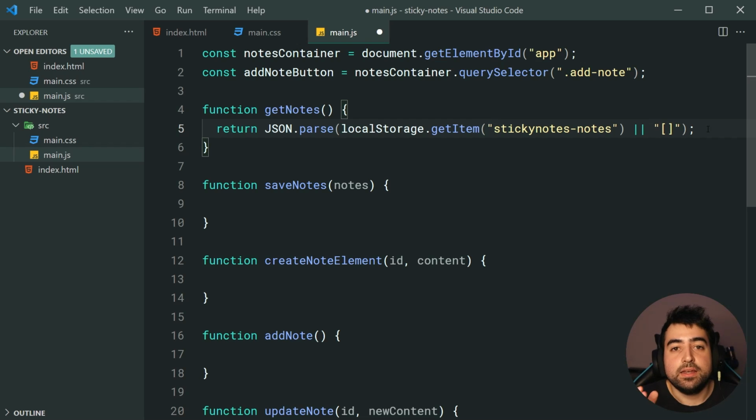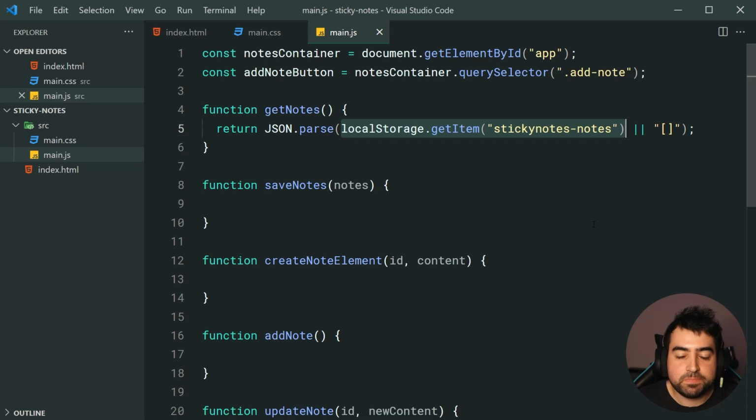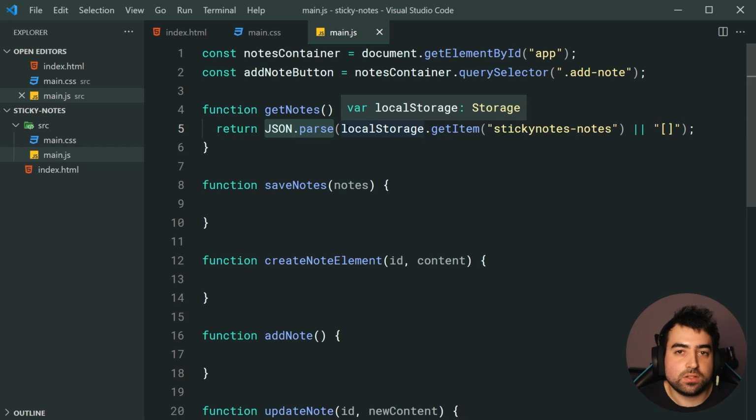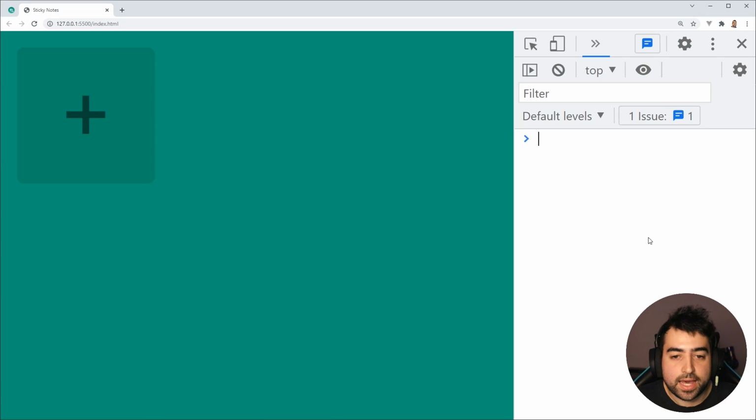So basically, this right here is going to attempt to get all of the notes stored inside local storage. If it's the first time your user is loading up your application, it's going to say or, then default to an empty array. Then of course it's going to say JSON.parse to convert that JSON string into a native JavaScript array, and you have your list of notes. Okay, so if I was to go inside the browser right here and I call the getNotes function, we get